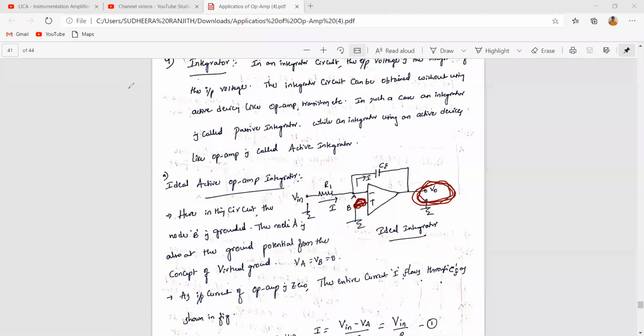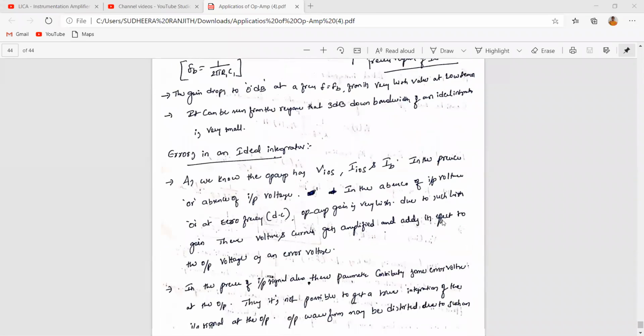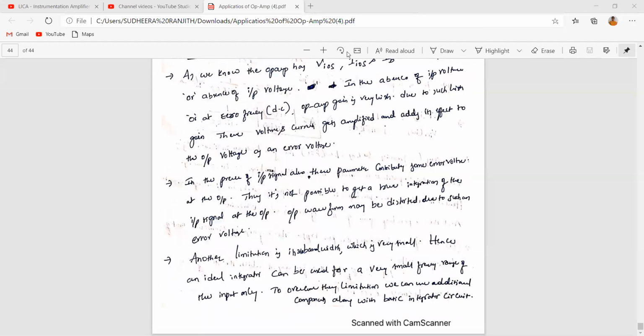To overcome the drawbacks, that means to avoid the effect of these three parameters on the integrator, they may affect the output waveform. That's why here the same thing is explained: the output waveform may be distorted due to such an